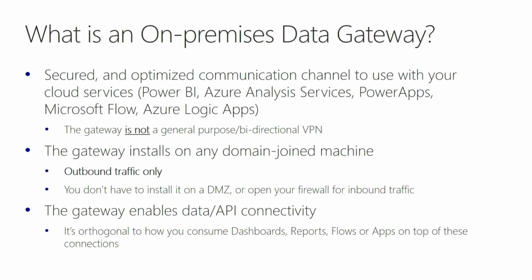So more about what the gateway is. It is not a general purpose bi-directional VPN that you can use for any application. It's special purpose for your on-prem data sources against the 6 cloud services that we mentioned. You can install it on any domain-joined machine. This is an installation requirement: it has to be a domain-joined machine to get it to work against your data sources. You only need to open your outbound ports, so it connects with outbound traffic only, and